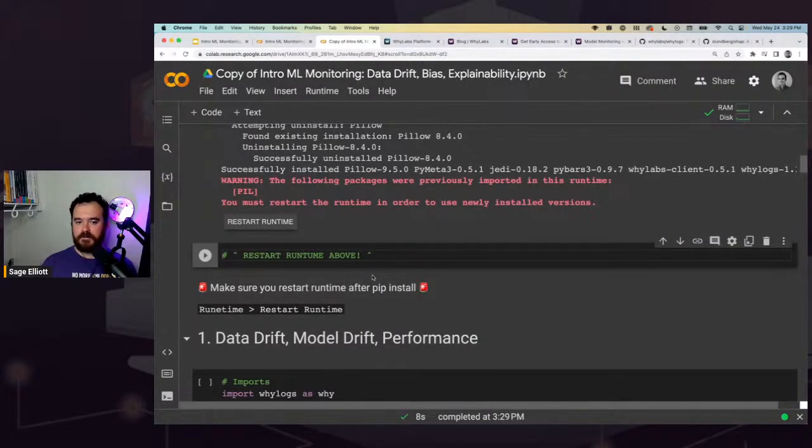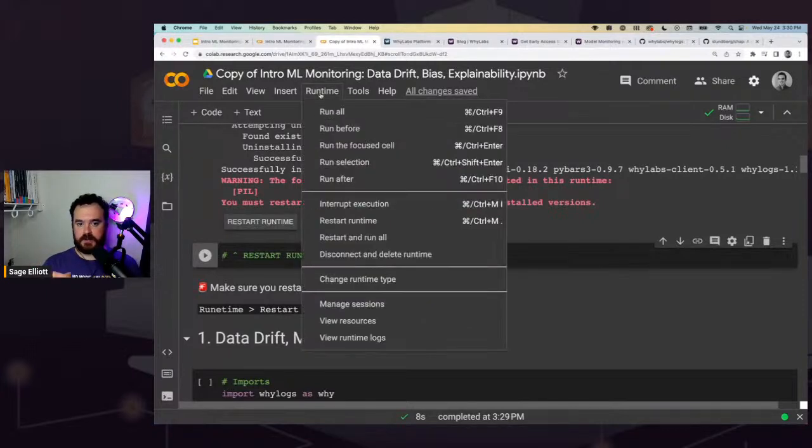One very important piece before we continue on: once you install this library, make sure you hit restart runtime, because Colab comes pre-installed with some libraries, and it'll sometimes have a newer or older version of something. So often if you pip install something and you see this restart runtime, it's good to do it because something might mismatch with the new library you installed. Make sure you hit restart runtime on this button, or if it doesn't show up for whatever reason, like if you run this again, you can always go to the menu, hit runtime, and hit restart runtime here, and then you'll be good to go.